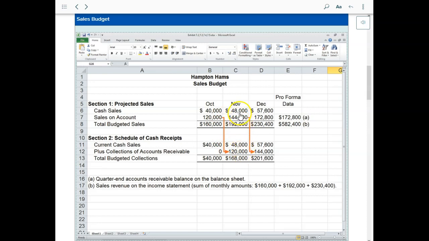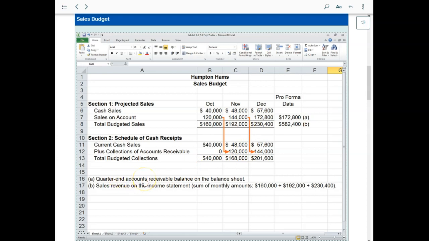So let's look at this. In November, they expect cash collections of $48,000, drops in right here in the cash budget. But their sales on account in November will not be collected until December. Okay. And now if you think about it, we're going to see this number pop up in just a minute. In fact, that's what it says here with the A. Whatever we expect to have as sales on account in December, that will not be collected until the next year in January. And so this $172,800 is going to be our